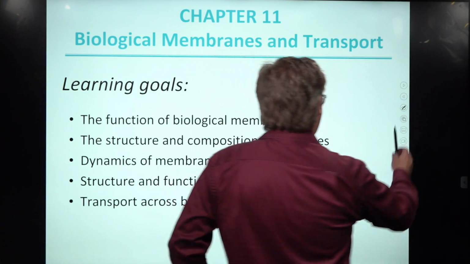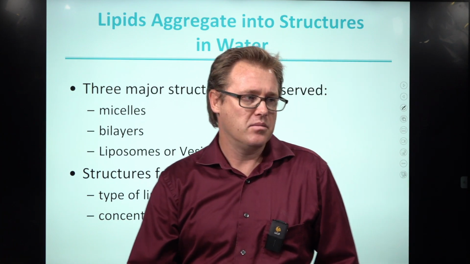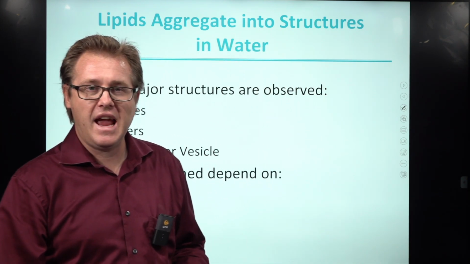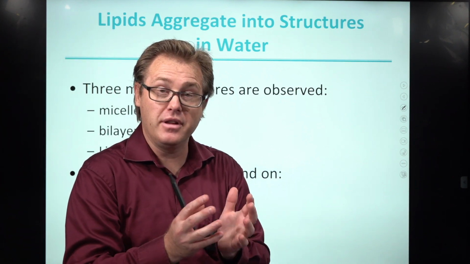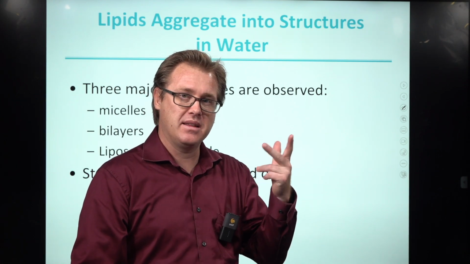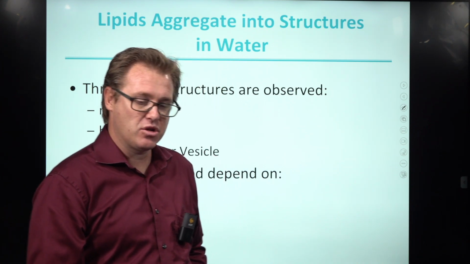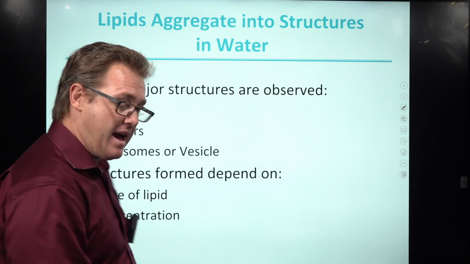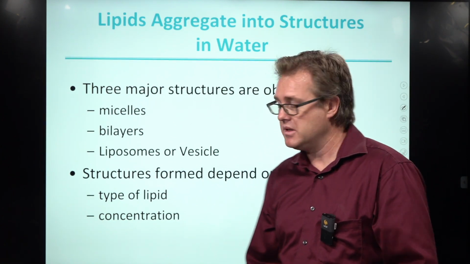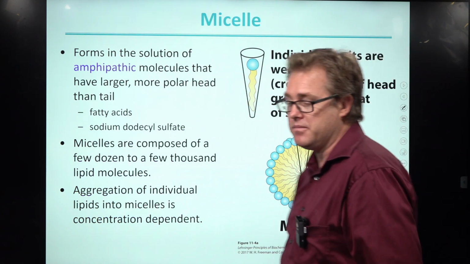So if we take a look here, there are three major classes or structures that are observed when you take, let's just say, a handful of lipids and throw them into water. What are three possible ways that they can associate with one another and form some kind of structure? You see there we have the micelles, bilayers, and liposomes, or what's called a vesicle. So if we look at the pictures of these things right here,